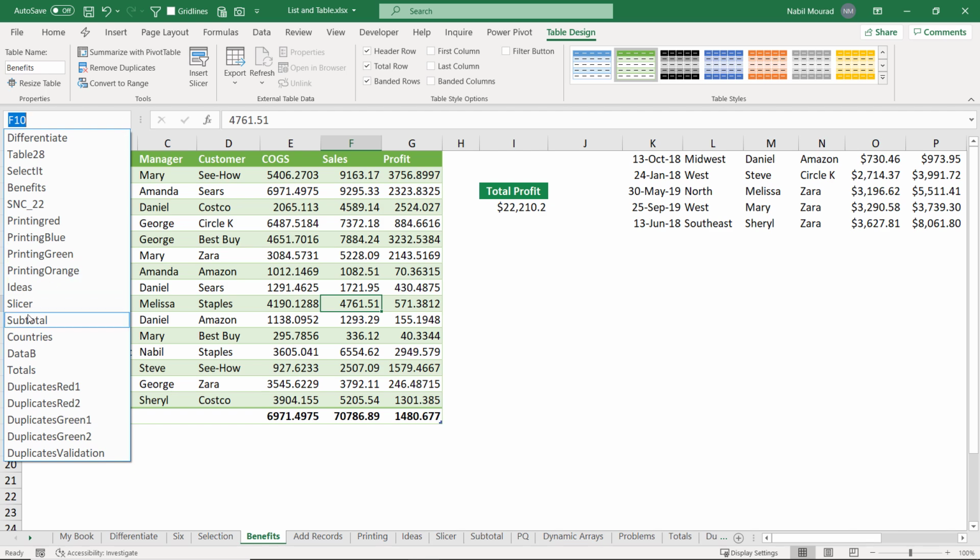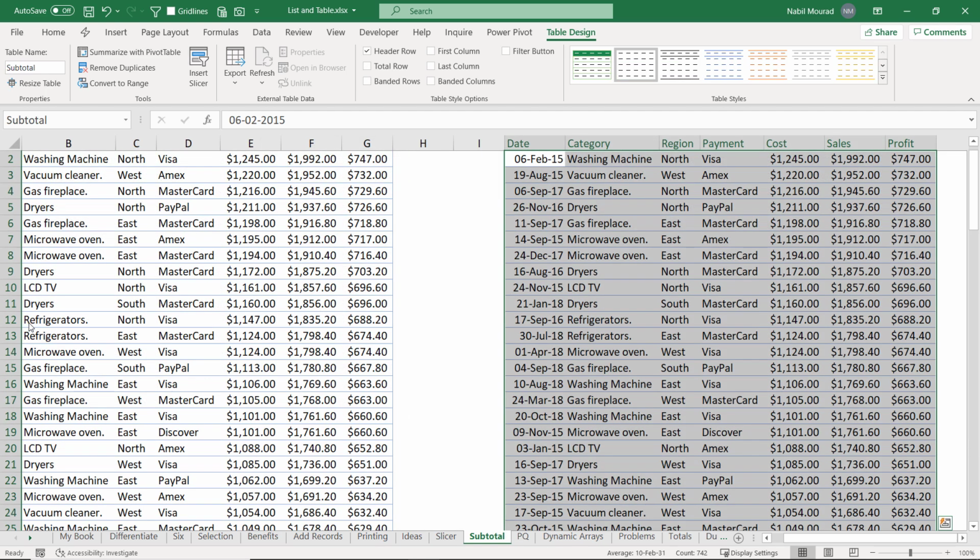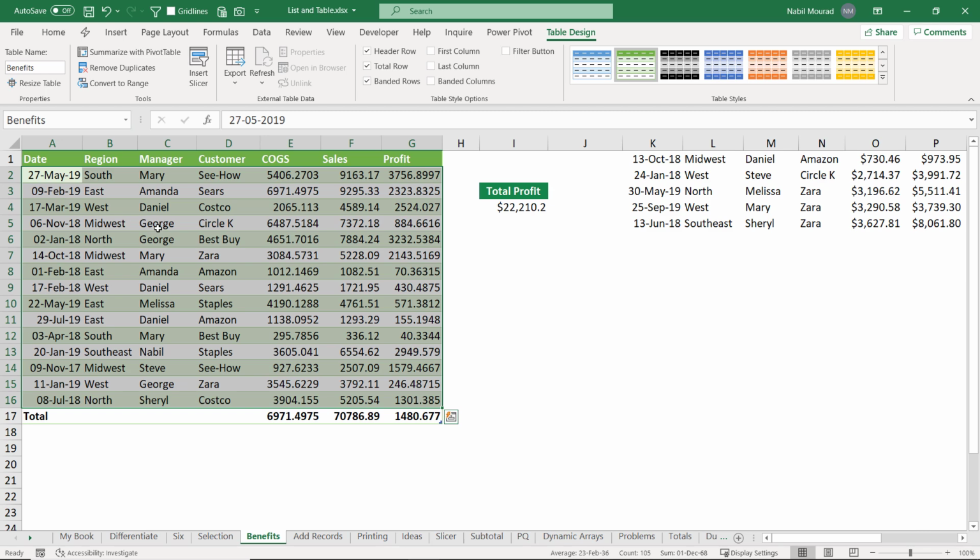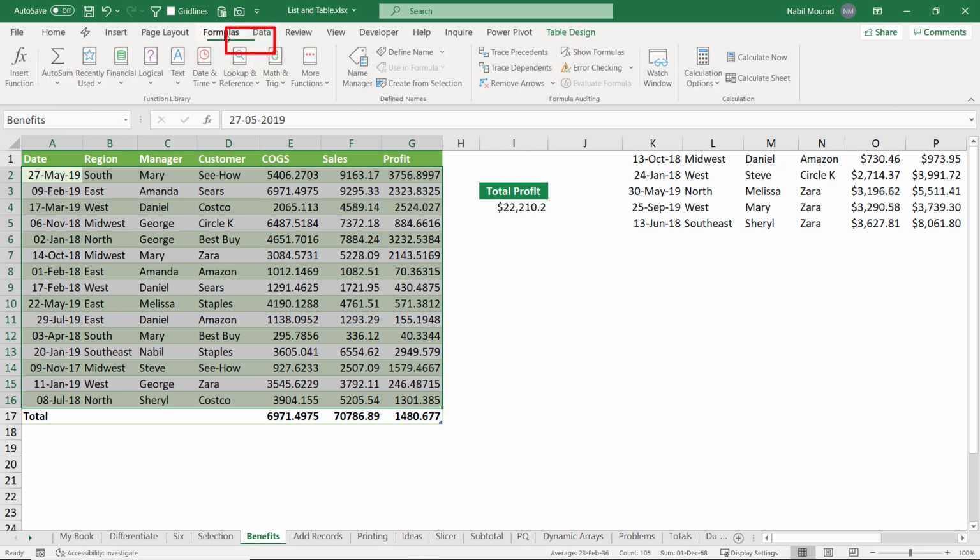If you want to jump to a distant table, like the subtotal table, I click here and I was able to jump to that table. I want to go back to the benefits table, so I click on benefits and Excel takes me back to that table. If you want to edit the names, you go to the Formulas tab of the ribbon and you